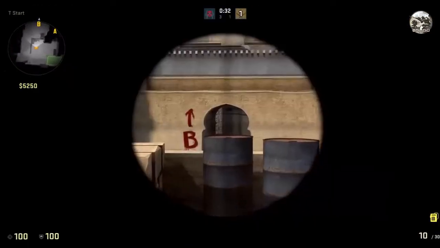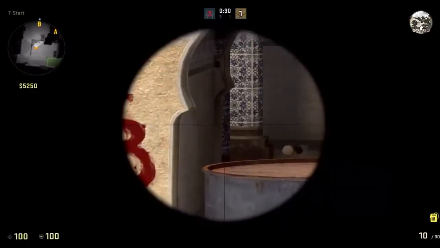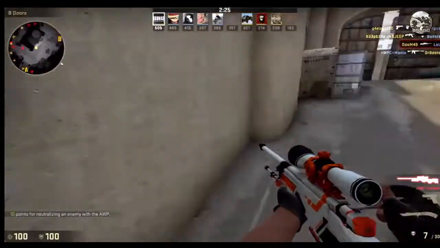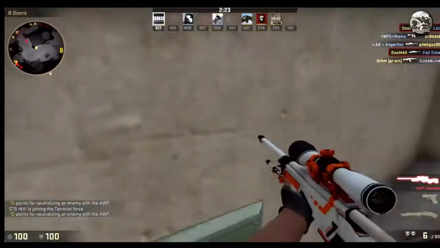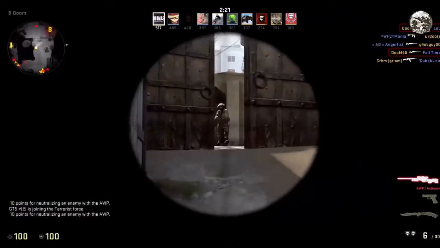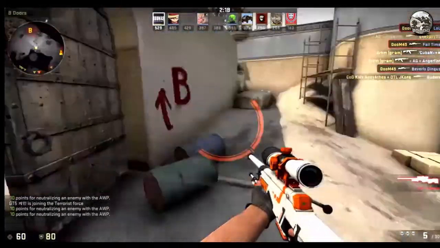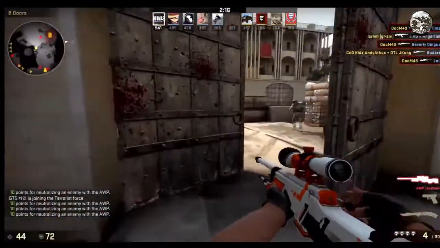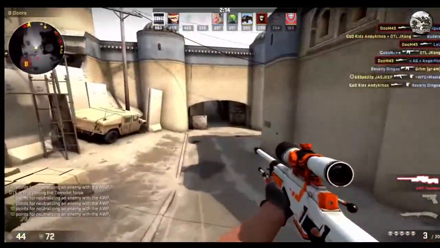And what you're going to want to do is scope in on a target and try flick shooting at them. The only way to really perfect this is to do it in deathmatch. Deathmatch is the best way to determine your AWP sensitivity. That is how I was able to determine how I was able to snipe with it, and I was also,